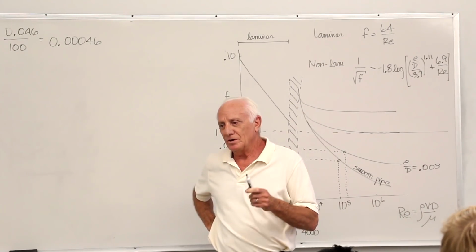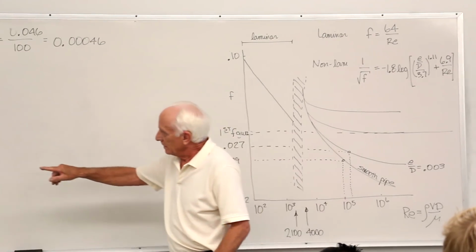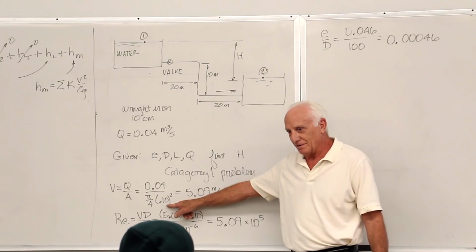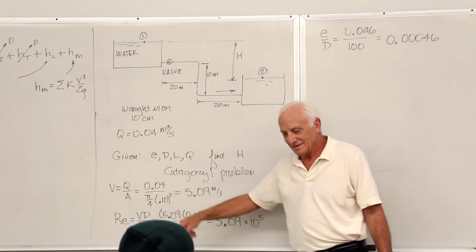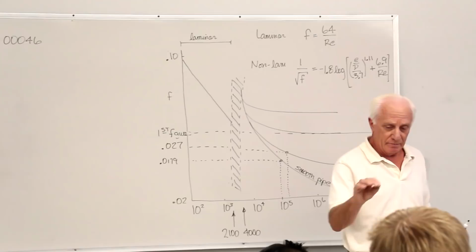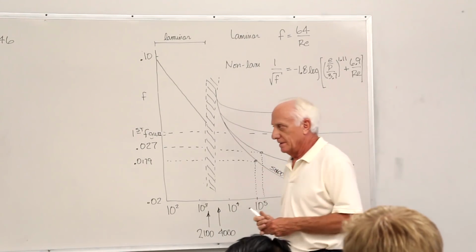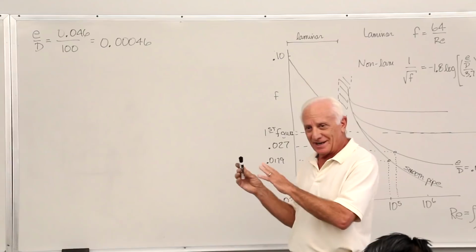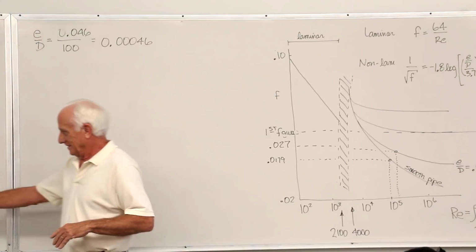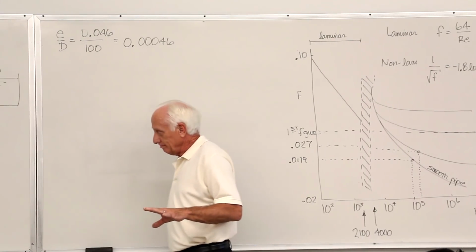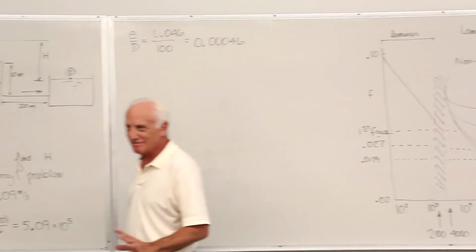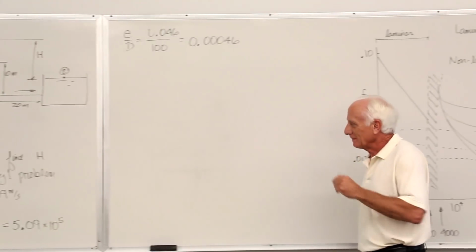If you want to know the actual ID, which should be based on the cross-sectional area where the water flows, you have to go to a pipe table. It tells you, for a Schedule 40 1-inch pipe, here's the ID, here's the OD. But in this class, we're not going to worry about that. It's just a sidelight: when somebody says a 1-inch pipe, be careful. Don't use 1 inch unless you know the ID is 1 inch. In this class, if I say pipe diameter, that's the inside diameter. Everything I say will be the inside diameter of the pipe.